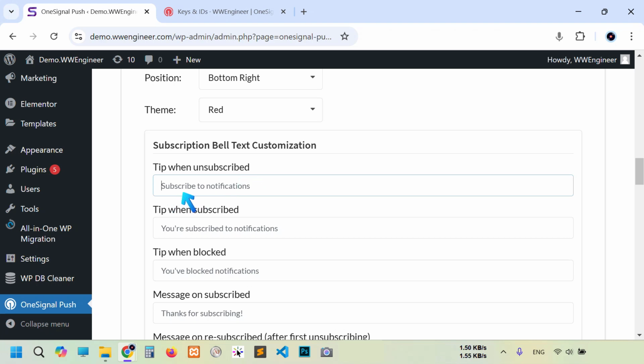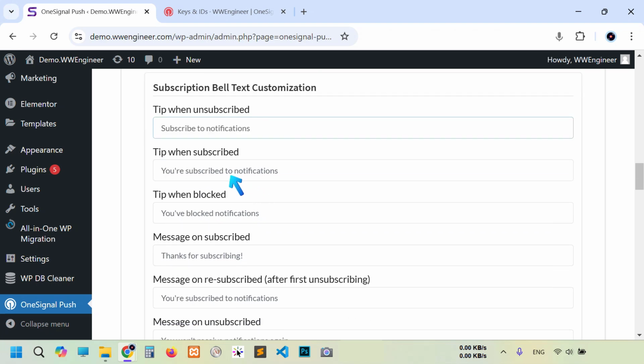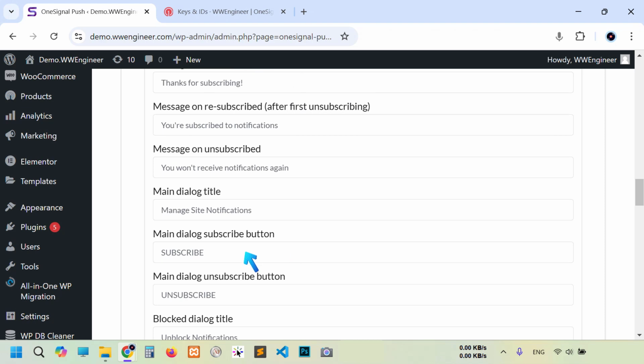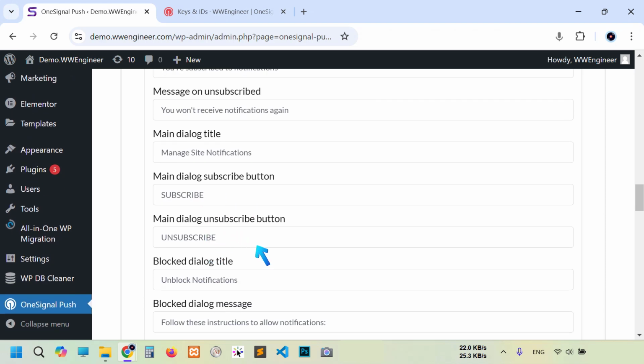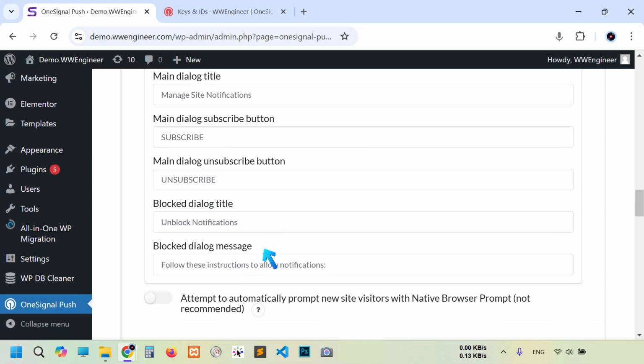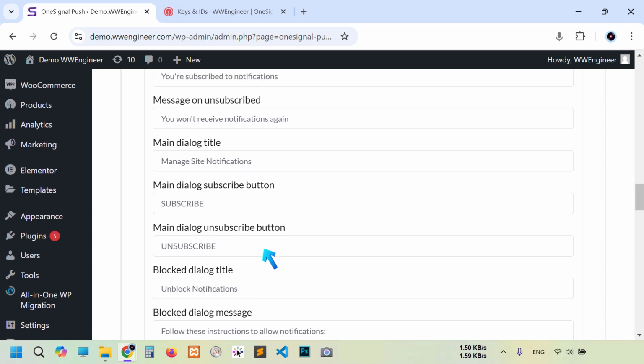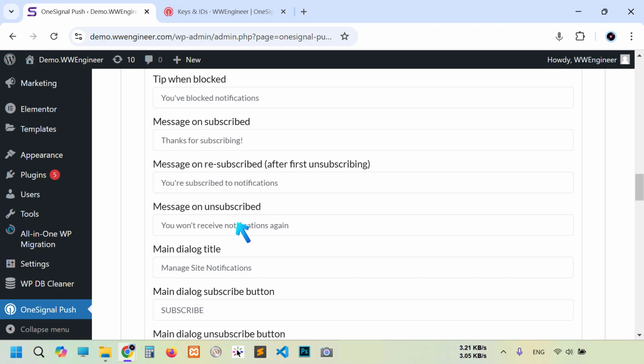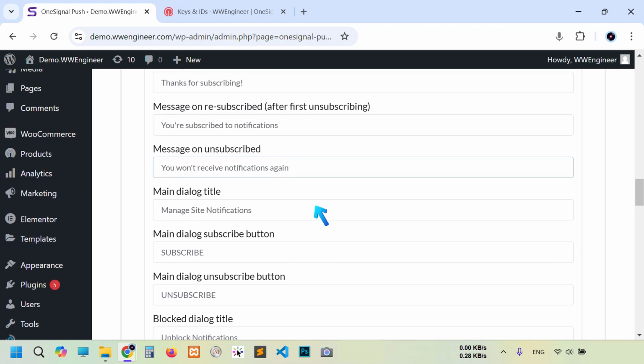By default the message is already written in the system, and then tip when subscribed. All the options you see here, the gray color text, are already written in the OneSignal default system. If you want to rename any option, you can overwrite it and write whatever you want. That's it. For now I'm going to leave all these options as they are.